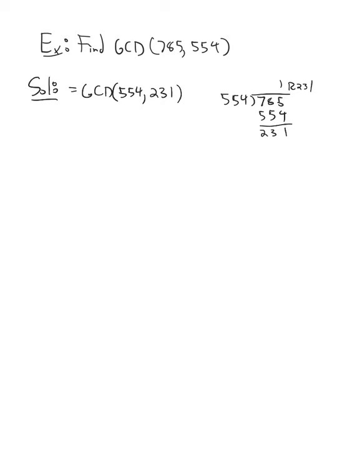We do more long division. 231 into 554 goes twice, so that's 462. Subtract, we get 92. So our remainder is 92. So this is the same thing as the greatest common divisor